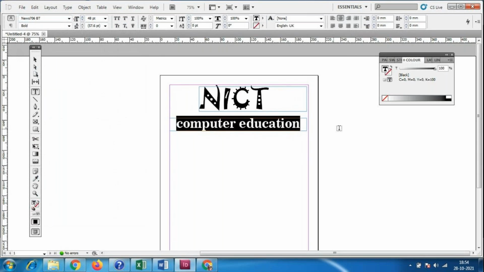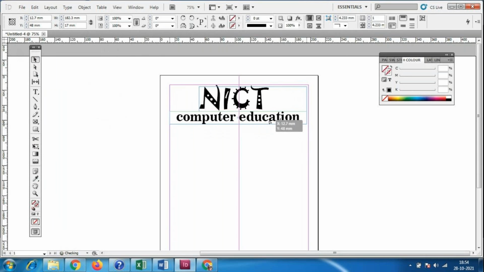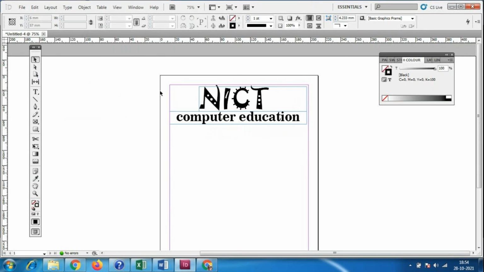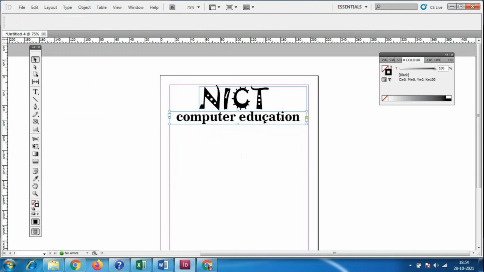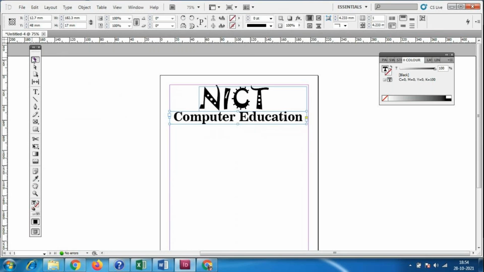And look at the text size, I have changed it. Now I can move it here properly and place the designs. So I have to make the file like this only. You have to type the text and according to this you have to make it like this. So any letter I have to make capital E, so here I make it with the backspace and I can make the designs like this.